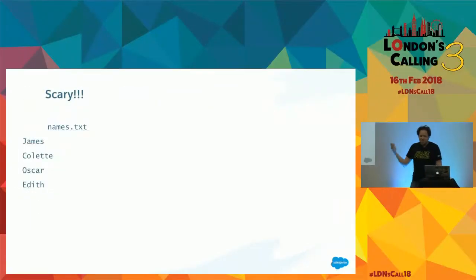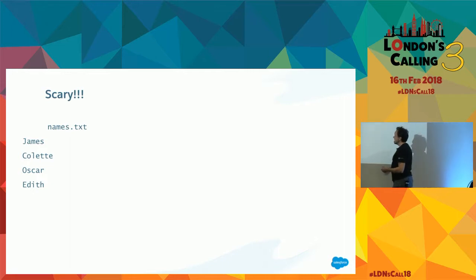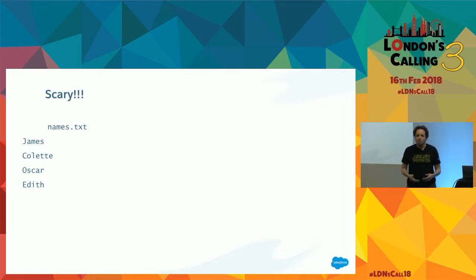And so I like to take things back to a more palatable level, because one thing that you might have done in the past is have a text file, let's say, with a list of something that you wanted to alphabetize. And here, so it can fit on the slide, I've put 4 names, but let's say it's like 4,000 names, right? What would you do? You'd probably copy and paste that into an Excel spreadsheet, reorder it, right? Because Excel's great for that. And then you'd have your alphabetized